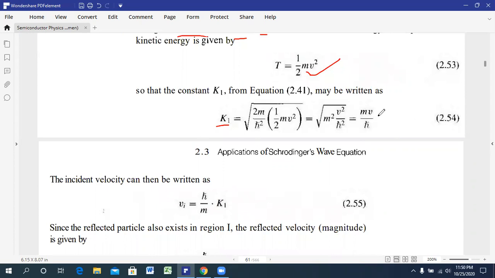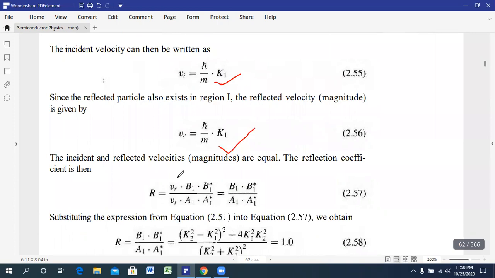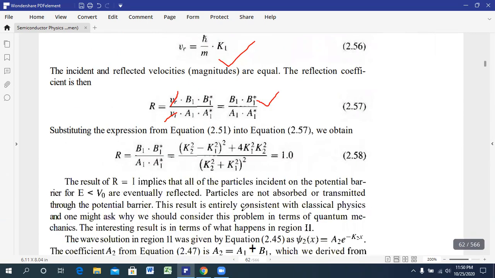In the same way, we can find, if this one is Vi, the formula should be like this. If that one is Vr, the reflected one, then that formula should be like this. So if the reflected and the incident are equal, then these two will cancel each other. So the reflection coefficient will be like this. If we put the value of the real part and conjugate part, then the numerator and denominator will cancel each other,